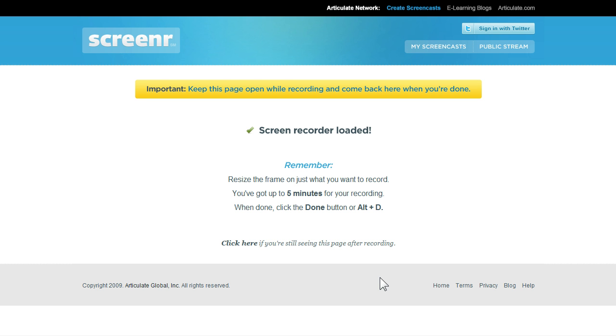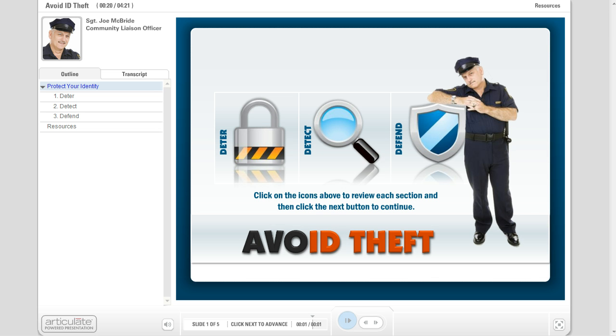So what you want to do is something like this. I've launched my Screener window, I've got the recorder, and now I'm just going to come over to another web page, and as you can see I've sized it up here to just where I just showed the course, and then I hit the record button. When I'm done, or if I want to pause it, I could hit Alt-D and that'll pause the recording